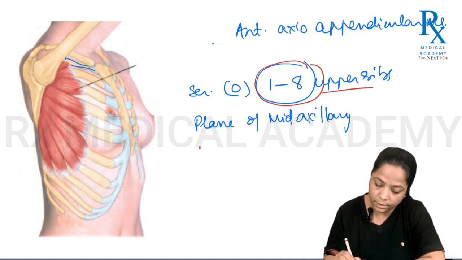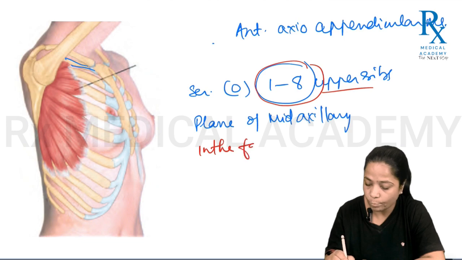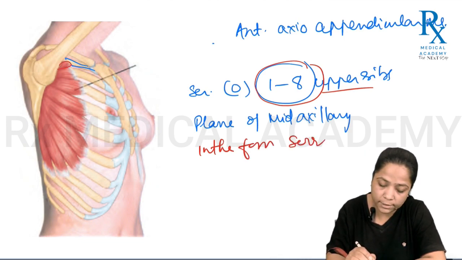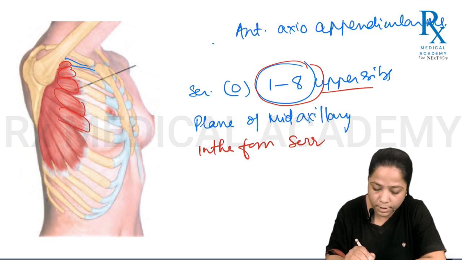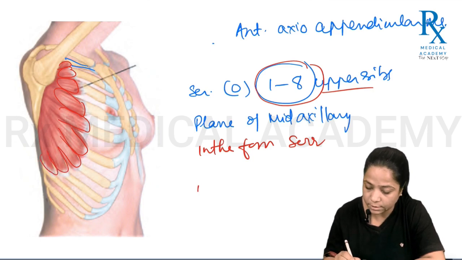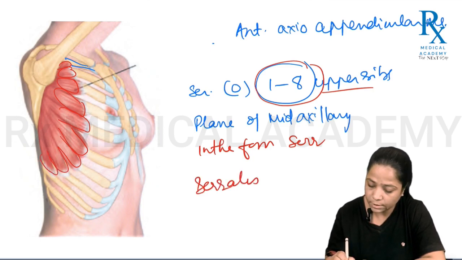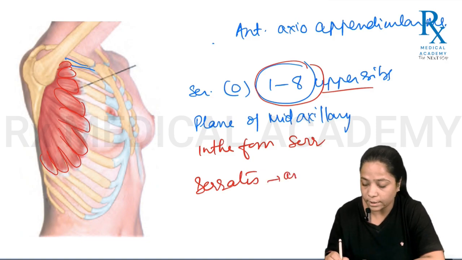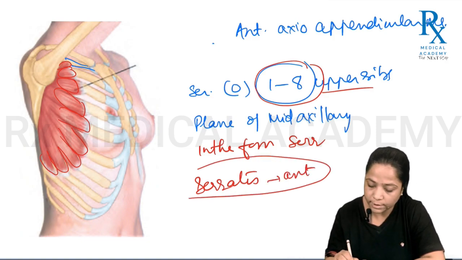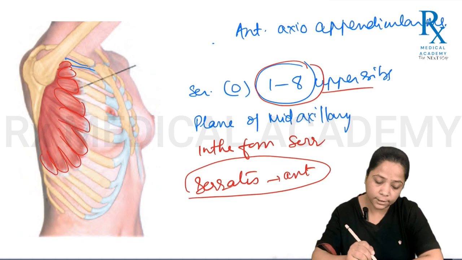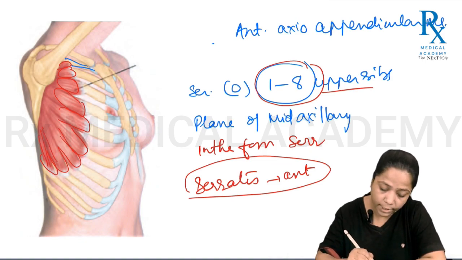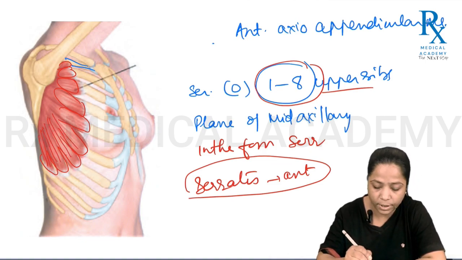These are in the form of serrations, because each muscle part arises from an individual rib, so they form a serrated appearance. That is why its name is serratus, and because it is lying on the anterior side, it is known as serratus anterior. These muscles arise from the mid axillary plane of ribs 1 to 8, and